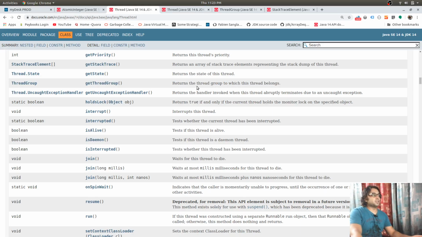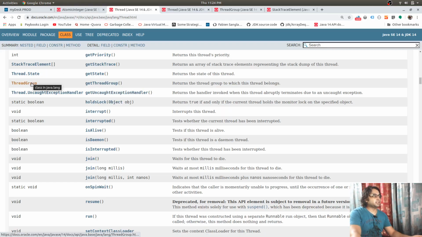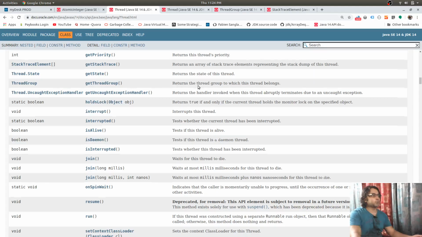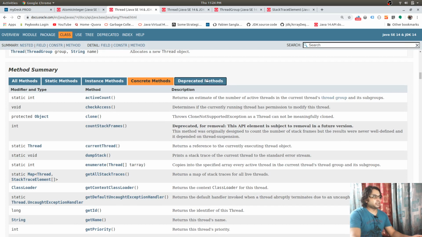So all the coding session of today is done. I have covered all the methods that are important and used. These methods are used sometimes, mostly not directly by us. Thread group is something that we can provide ourselves by creating a thread group object and passing a name to it, and we can pass that thread group object to the constructor that takes a thread group class instance. So it is done.